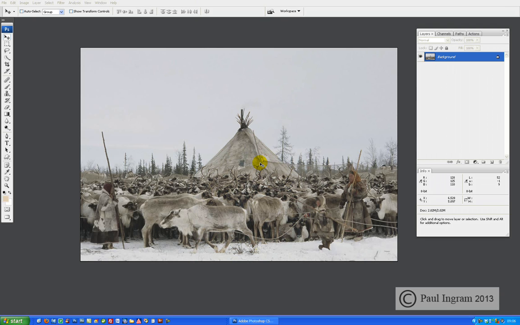In a previous movie I described how we could use the hidden feature within the levels palette to reveal the whitest point, or the lightest or brightest point of an image, and also conversely the darkest point. And I also described the importance of placing a colour marker down and keeping an eye on the readings in the info palette according to that marker placement, so that you could protect the tones in your highlights